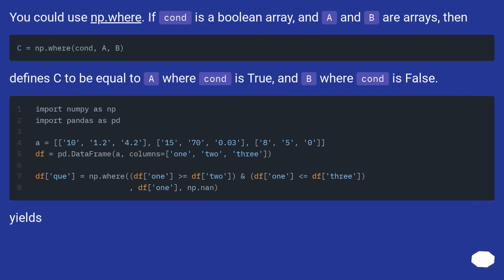You could use np.where. If cond is a Boolean array, and A and B are arrays, then define C to be equal to A where cond is true, and B where cond is false. Yields: